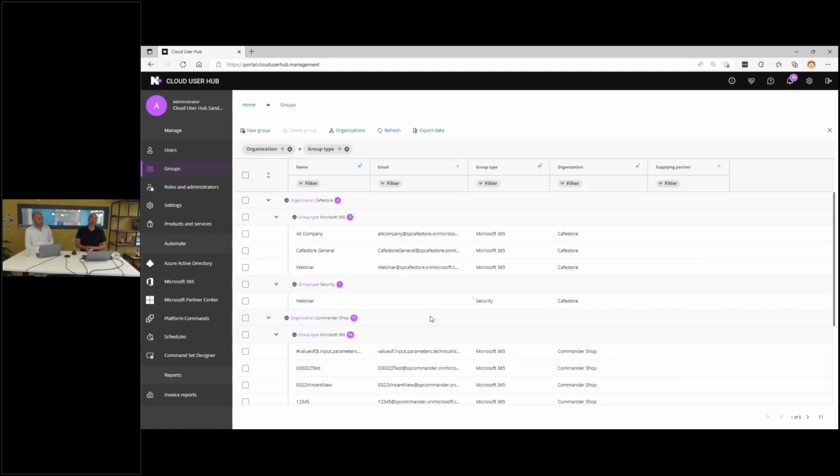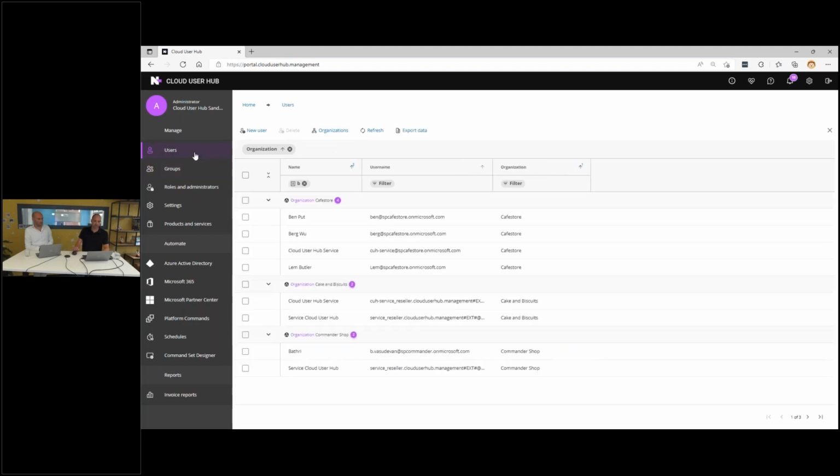Now I can get all the groups for the various types, for the various customers. I can even export it to CSV again if I want to. And again, important to mention, if you would now log into the Office portal, you would of course directly see that group because it's all live. There's no synchronization required.